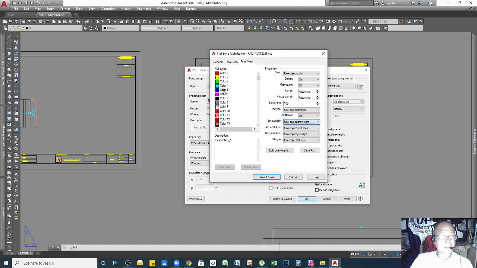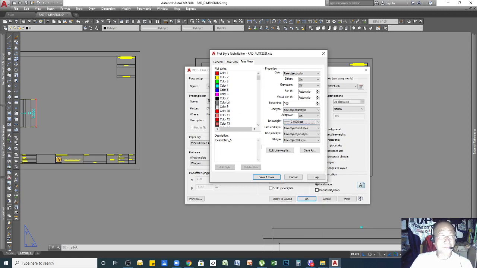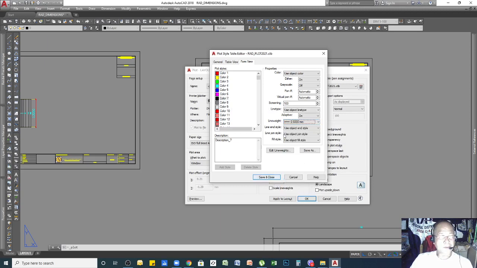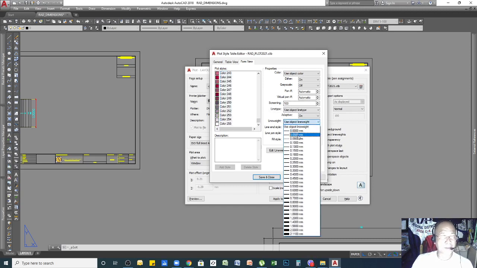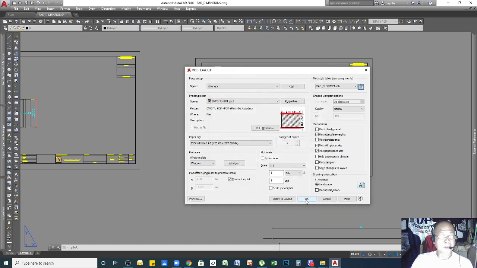Okay, so where am I? For blue color, I'll use 0.4. Purple, I'll use 0.5. And then color 7, which is the black, I can make it 0.6. Okay, so after you've done editing all this, so like this one, I can press shift, and then I will set this to default as 0.09. Then I will save it, and I can click OK.